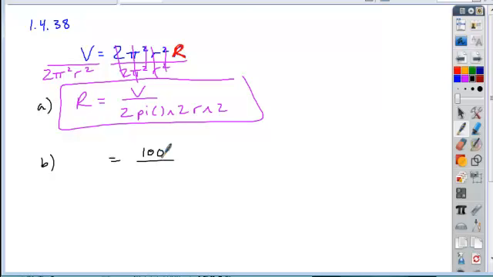Okay, what did I ask you? Did I ask you to evaluate for a certain thing? Okay, so we want to find R when you're looking at this